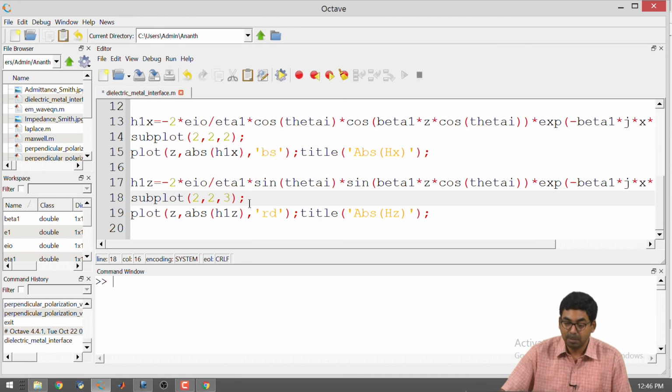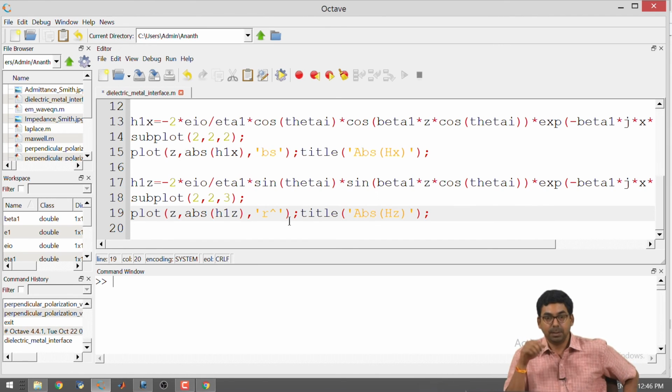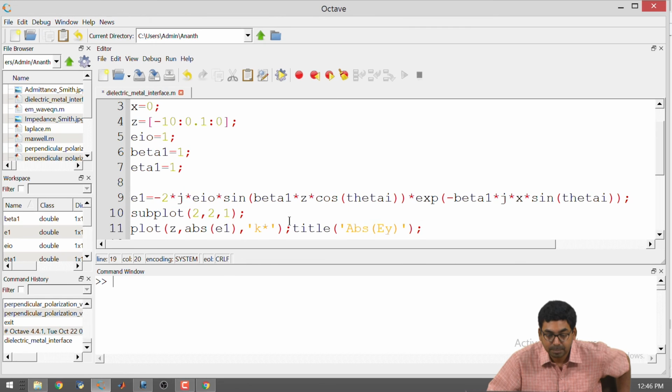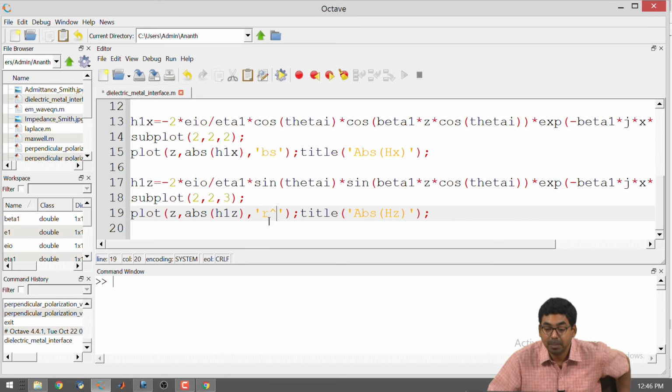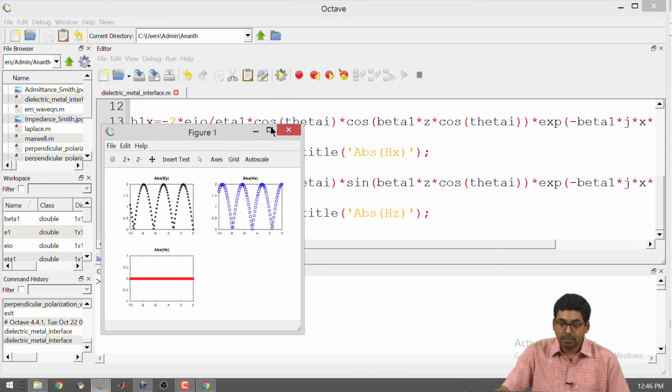So, I have just used BS, which just means blue color line with square markers. I don't think I have even specified a line. So, it is blue square markers. RD just means red diamond is what I remember, or I will make it red and upward triangle, so that at least I know that it will work. So, it will just make some triangles for plotting this particular graph. So, that 3 graphs look a little different. K star just means black color star. BS just means blue color square, red color triangle pointing upwards, that is what it means. So, I just want to have 3 different plots. I am just going to go ahead and run this.